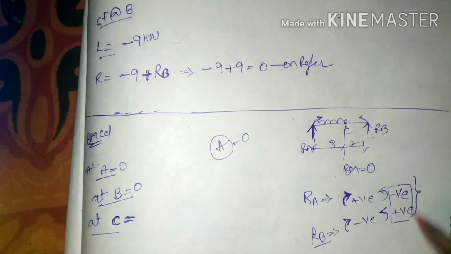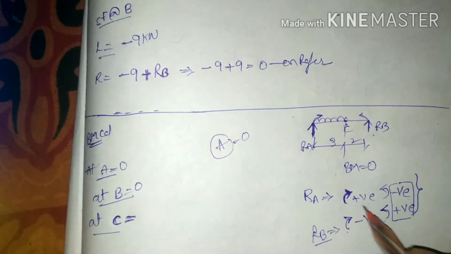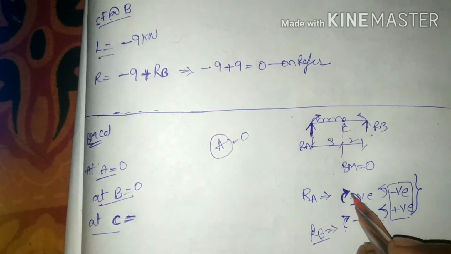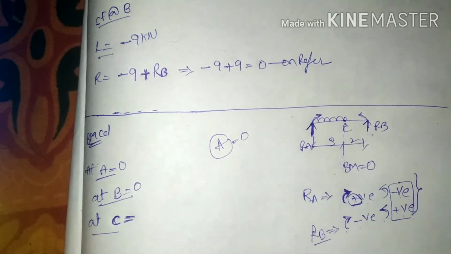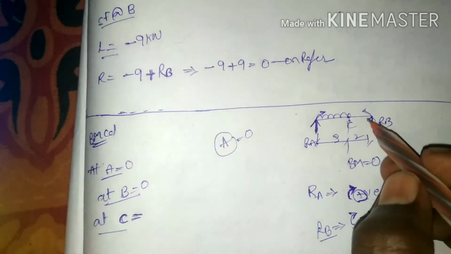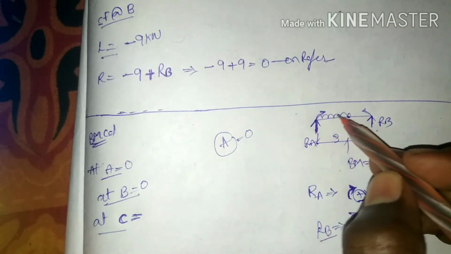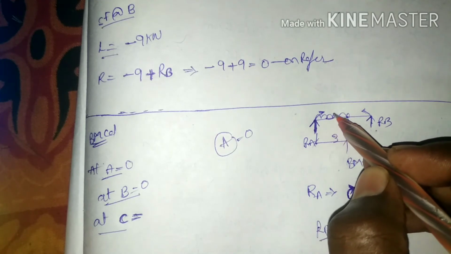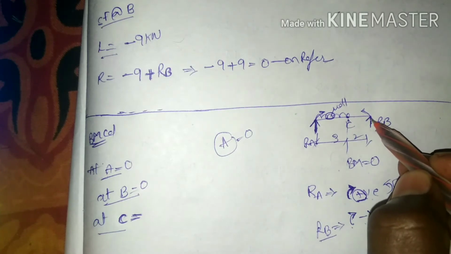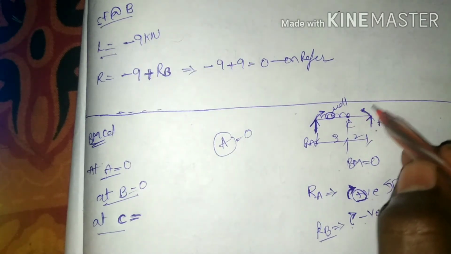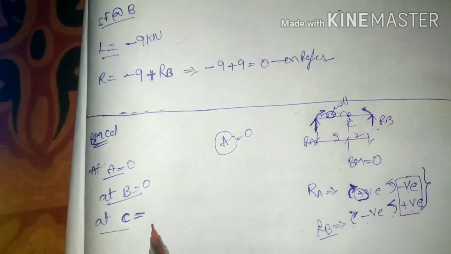Remember this: with the same clockwise and anti-clockwise directions, the sign is going to be different. If you remember this, you can write all these signs as positive, negative, negative, positive. If I take the moment from A, I also have to consider the UDL. If I take the moment from B, I don't have any UDL or point load, so we can easily multiply here. I'm taking from RB.